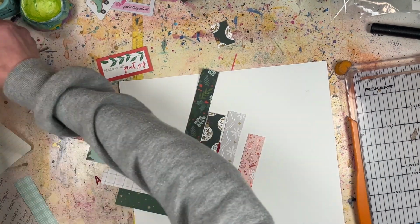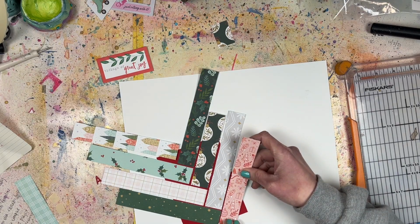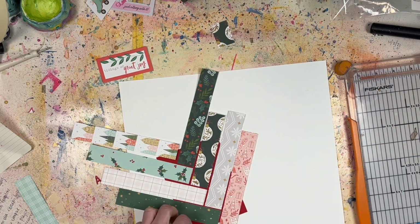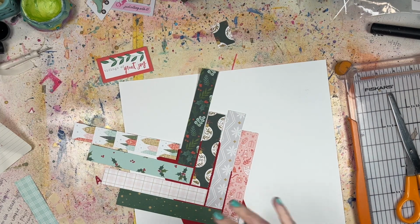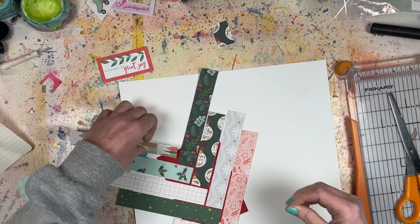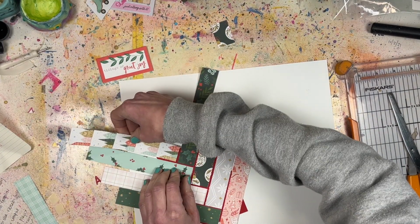And again, these pattern papers are from Pinkfresh. I don't remember the name of the collection, but I guess it was from last year's holiday collection. I'm just kind of sticking all of these down with my double-sided adhesive squares. This card took me like no time at all to make. I think the longest part